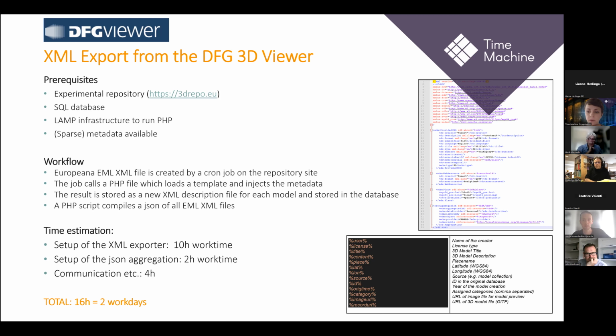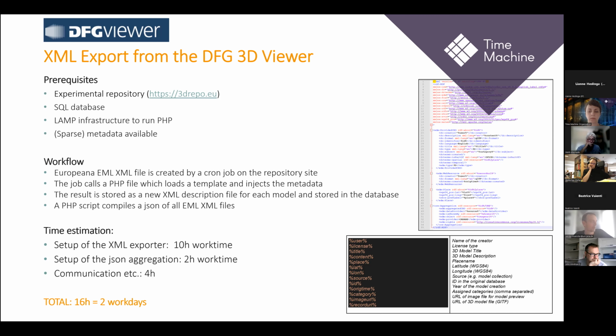That means those PHP files are loading a template, a predefined template for the EDM description, and injecting the metadata for the specific model. The result is stored in the same location on the server as the model data, and in the end we have another PHP script which creates a JSON list, so a list file where all newly created